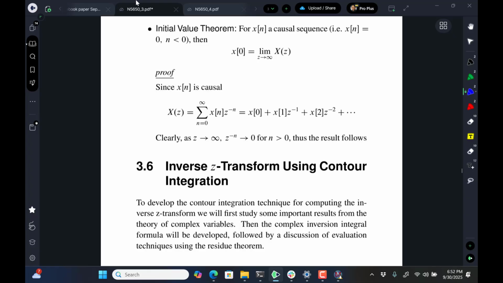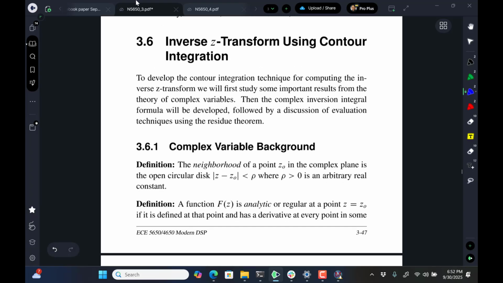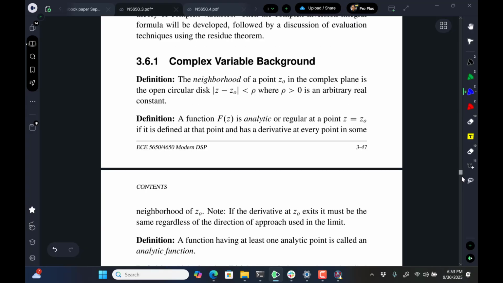Okay, so what remains now is doing not the inverse Z transform using contour integration, but instead jumping to the very end of the chapter, the one-sided Z transform. Remember I told you this is just legacy. I didn't want to rip out all the hard work I put into this quite a few years ago. It'd be like a refresher course on complex variable theory,